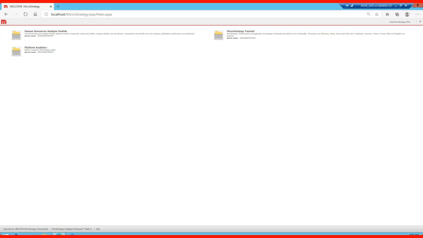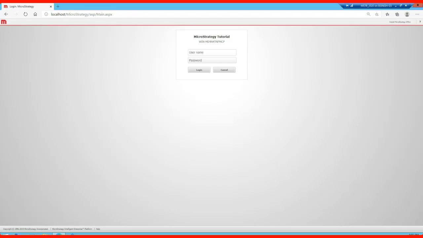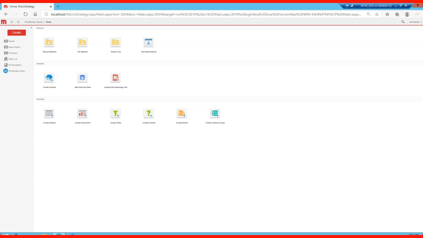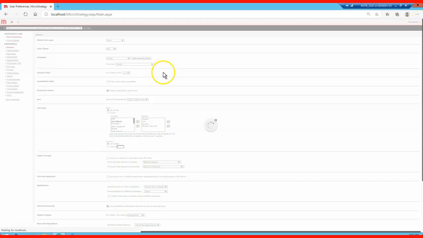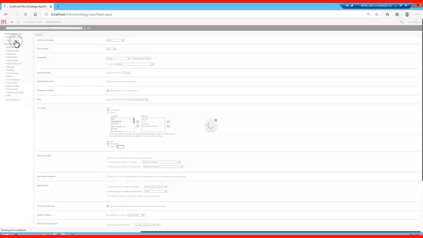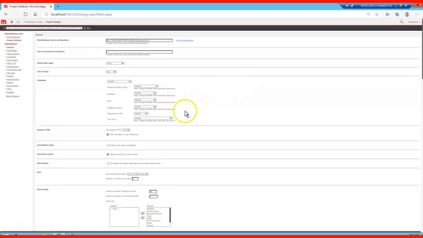Let me show you how we can configure preferences and some other things. So let's log into one of my project sources, and I'm putting the username as administrator, leaving the password blank. Then you can see it in the top right corner. You just click on this icon and go to the preferences here. This is the window for your user preferences, and you can configure project defaults, user settings, and a lot of preferences here.